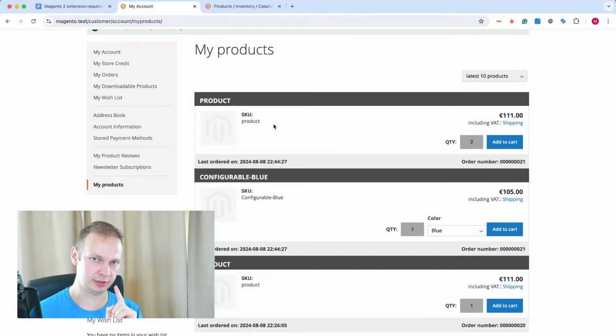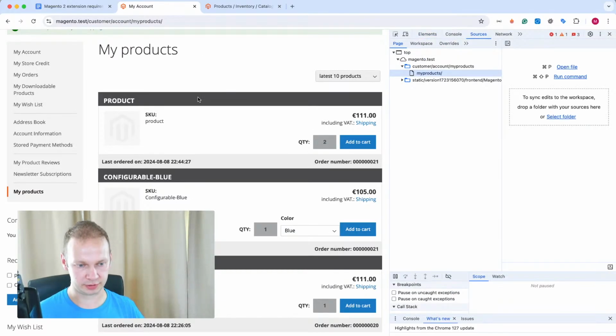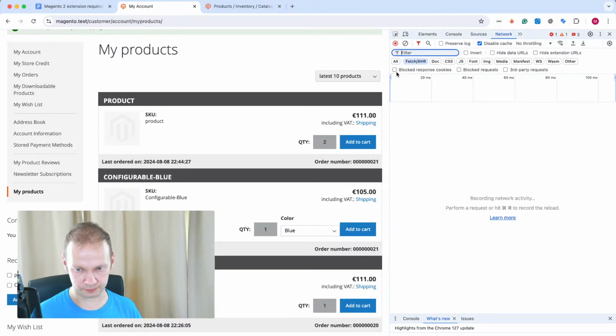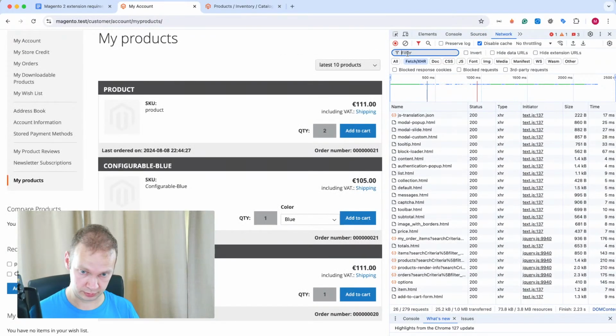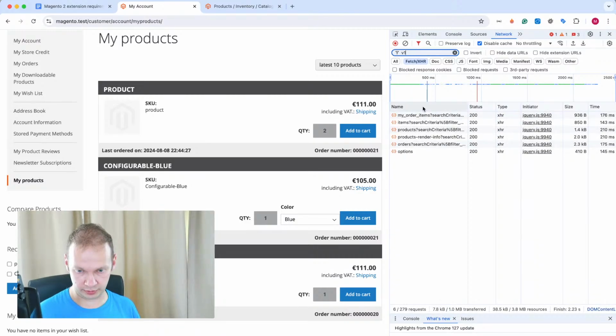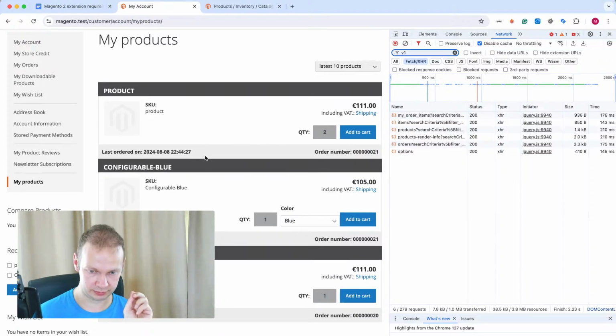As you remember from the previous live stream, we had 5 web API requests in order to render these 3 products. I will show you. So when I refresh the page, we have 6 web API requests to render these products, and it's just 6 products. So one of the ideas would be,